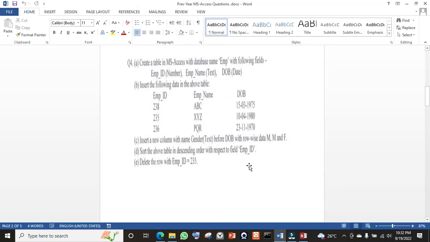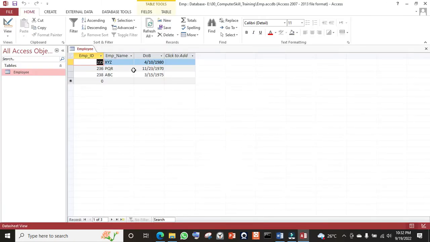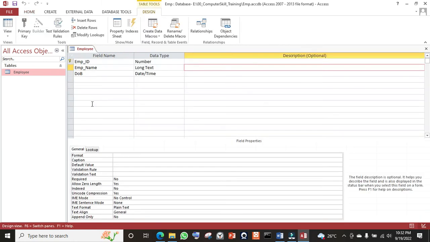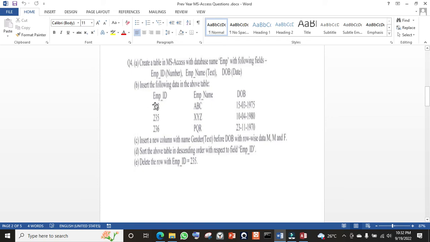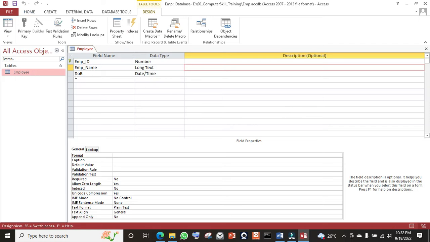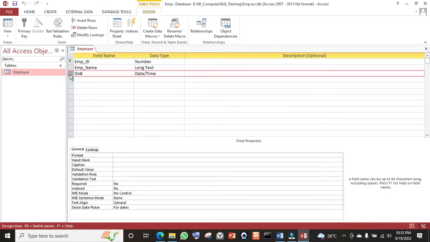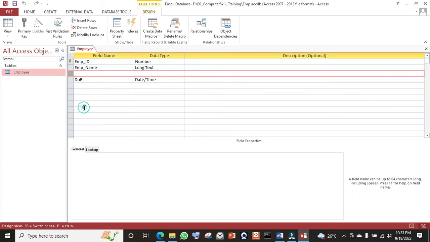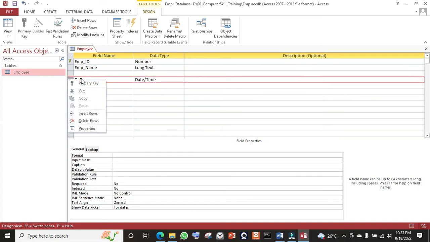Now insert a new column named gender before date of birth. Before date of birth, suppose आपको इसके आगे. So let's go to the design view. The question is insert a new column named gender before date of birth. So go to date of birth, previous to that, insert rows. Okay, so सिलेक्ट किया आपने यहाँ पे, फिर राइट क्लिक किया, मेन्यू पे इंसर्ट रोज़ आएगा, फिर इंसर्ट रो पे